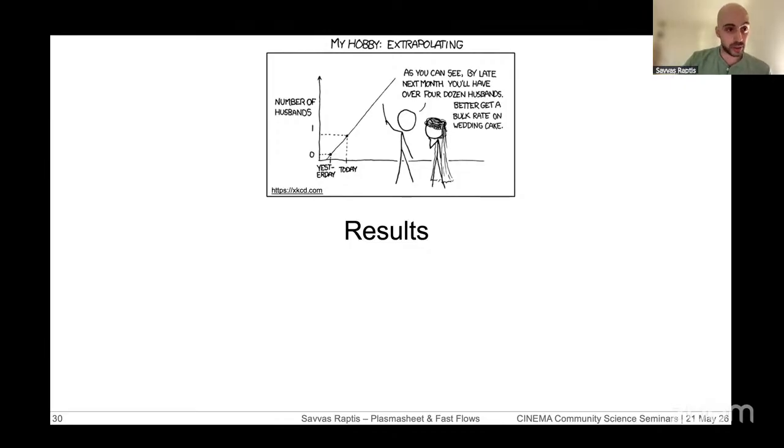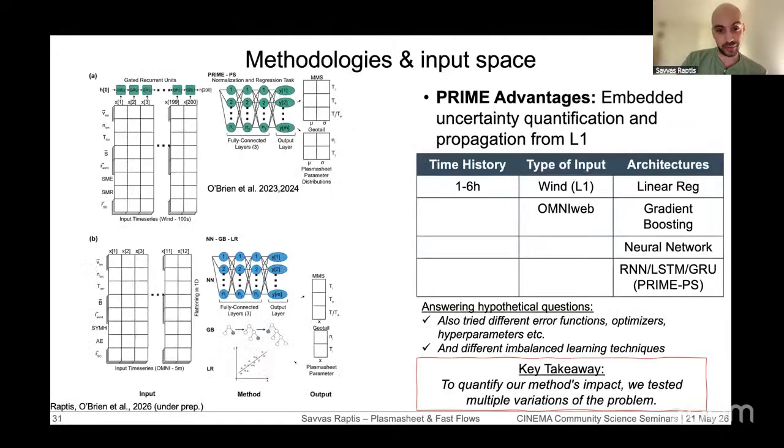And of course, as a reminder, when we put any kind of optimization algorithm like neural networks, machine learning, linear regression, you call it, we are essentially extrapolating, right? So this can be correct in a sense, as it can show meaningful agreement with observations, but it can also just be plain wrong. And we need to make sure that we differentiate between the two. So for our methodology, we did a couple of different things.